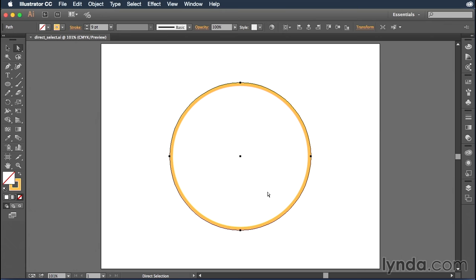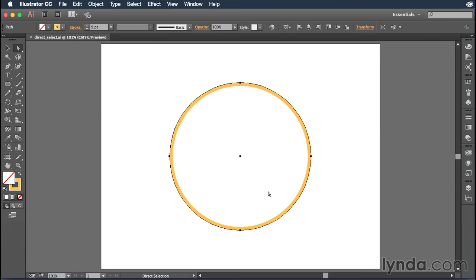You'll know that you have the Direct Selection tool selected because it is white as opposed to black. So it's got a little white arrow tip on it as opposed to a black arrow tip. You will also notice that when you make a selection with the Direct Selection tool, so if I were to click anywhere on this path right here, all of the anchor points of that path actually start to show up. So this is a closed shape as we discussed earlier. So I've got anchor points here, here, here, and here. You'll notice as I hover over them with the Direct Selection tool, the anchor points sort of grow in appearance, indicating where they are so that it's easier for me to select them